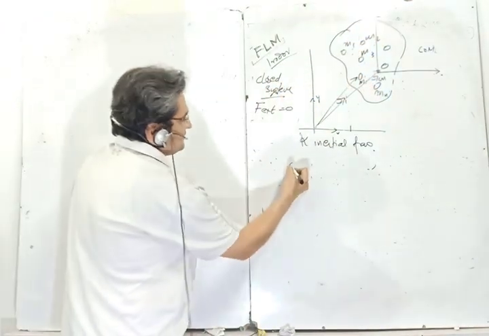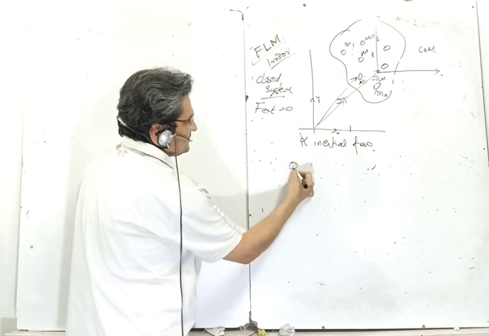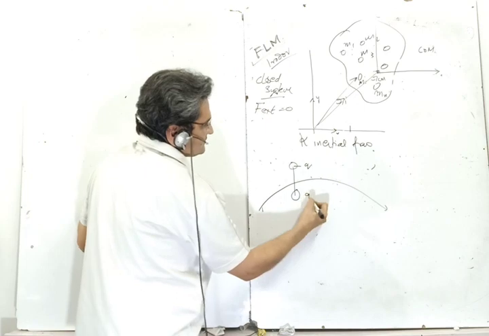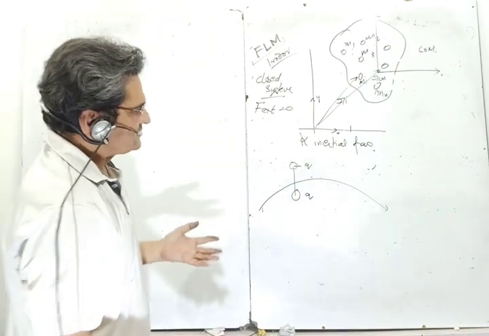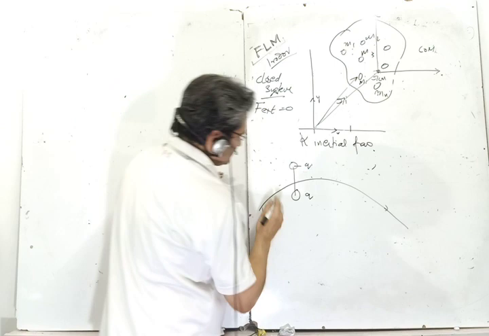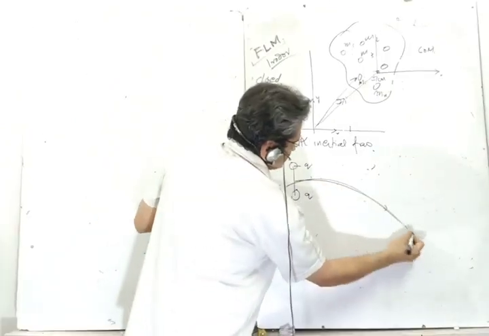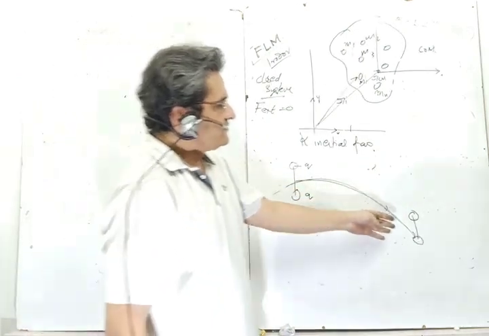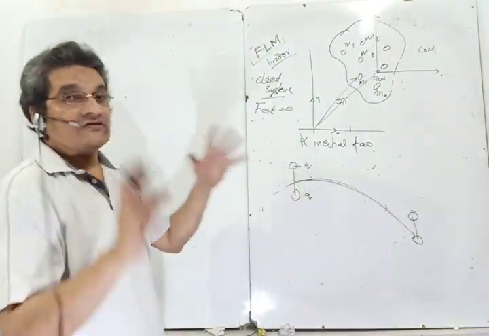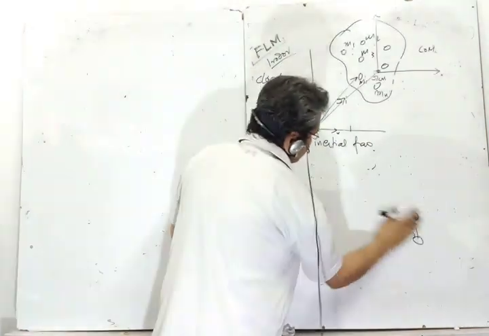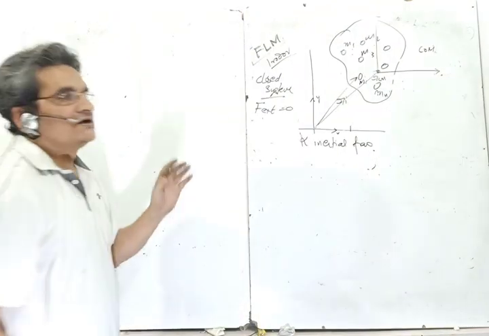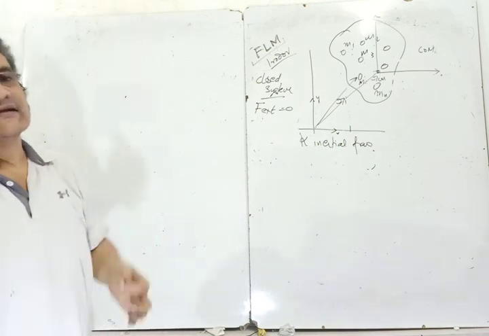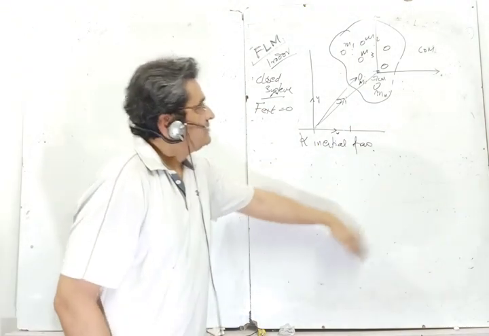You can recall there is a problem in Krotov where two masses are thrown like a projectile, and there is charge on those masses. They either attract or repel. I am not recollecting the problem. So they are thrown from a certain height, maybe thrown horizontally like this. So we have to find, when the first mass hits the ground, what is the distance of the second mass from the ground. So there you have to apply the concept of center of mass, because gravity will act not only on each mass, it will also act on the center of mass. So there the center of mass moves with acceleration. So you can try that problem anyway.